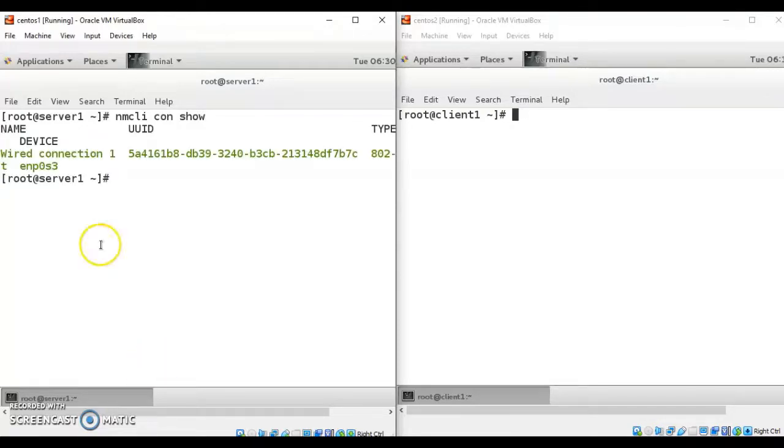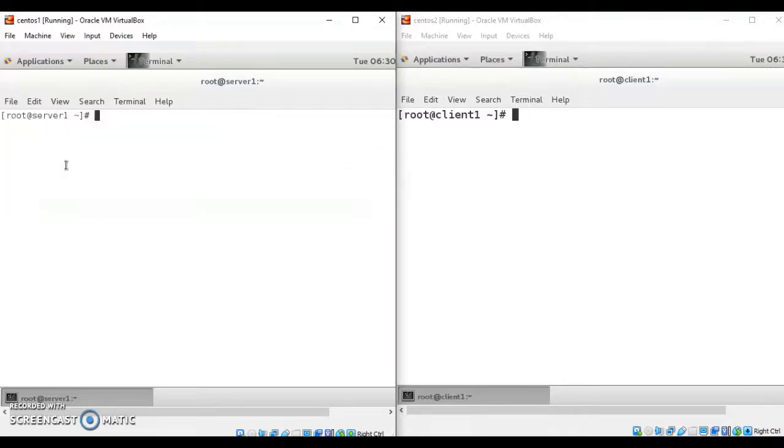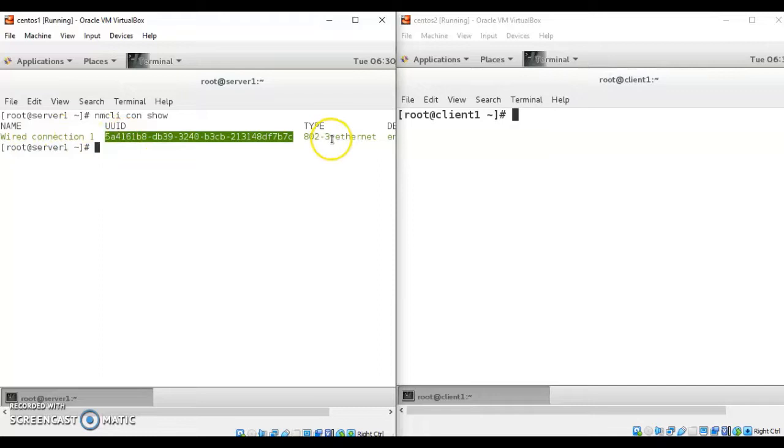It will give you the various details of this connection. Here wired connection 1 is the name. This is the unique ID of this network adapter and this is of type 802.3, that is the wired connection.